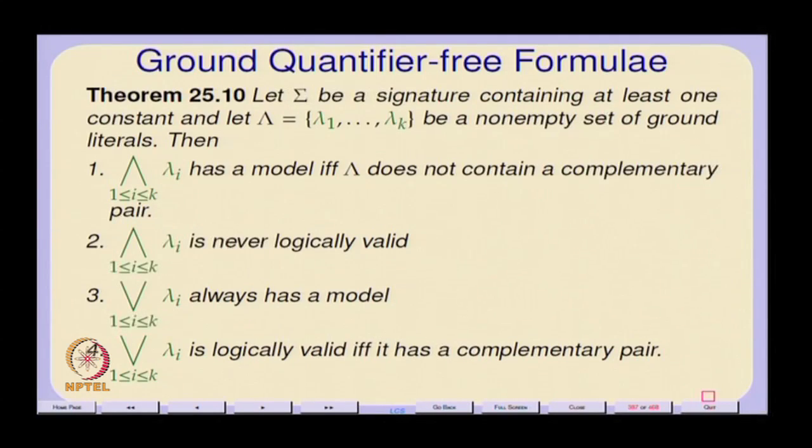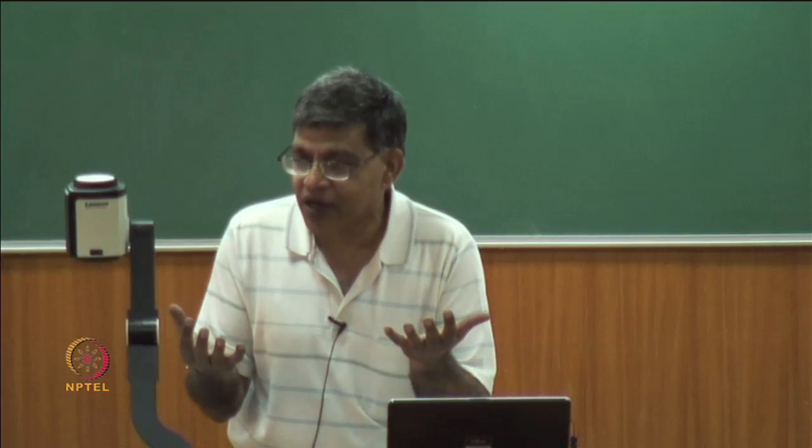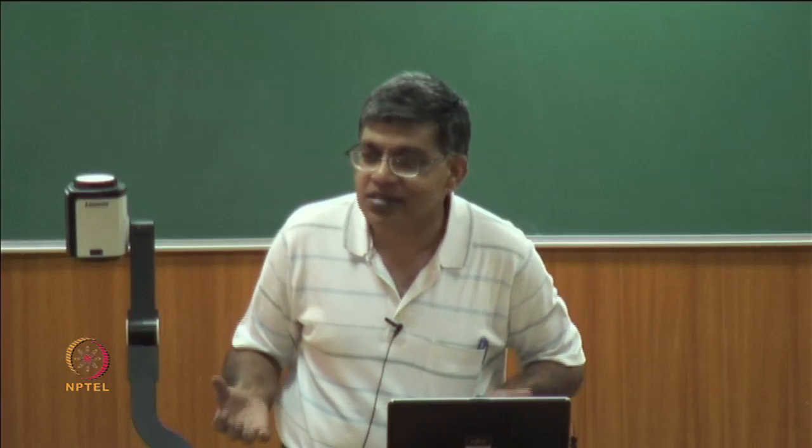So this OR of lambda i is like a clause, right? Okay, and this checking complementary pairs is just pattern matching, looking for identical trees with a negation on one side. So instead of going right down to ground formulae, by using MGUs we are staying within the level of clauses with free variables in them, and if the patterns still look like complementary pairs, then it is not necessary to go down to the ground.